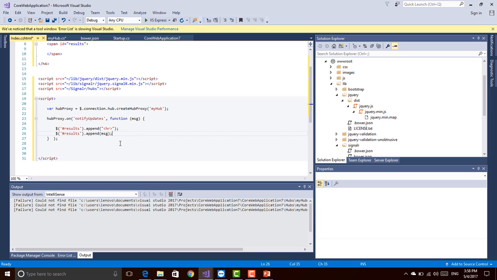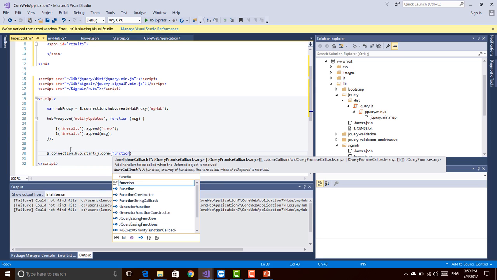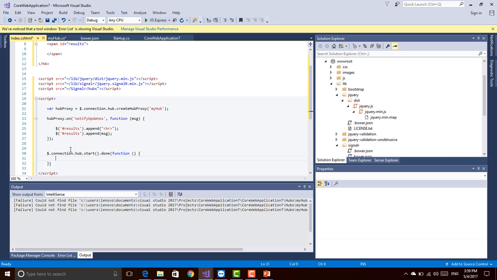Now we have completed our client side function notify updates, which is now ready for receiving the data from the server side. One more thing we need to do here is to start our hub. To do that, we have to call the connection object again, .hub.start. So when this line gets executed, the hub will be started. And once the start is done, we want something else to be done. So whenever the start is done, this callback function is getting called,